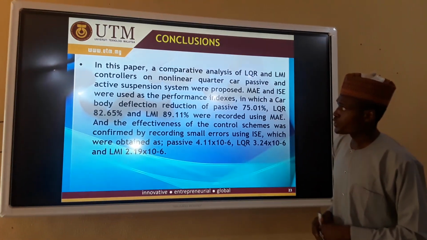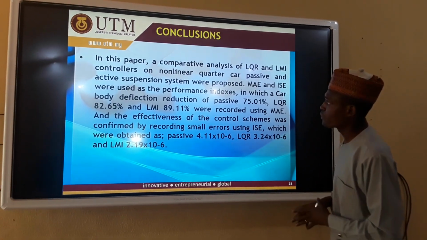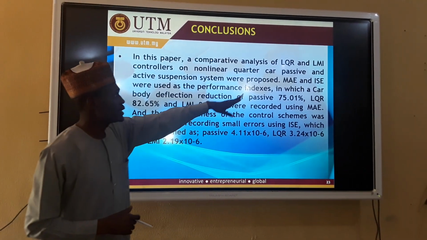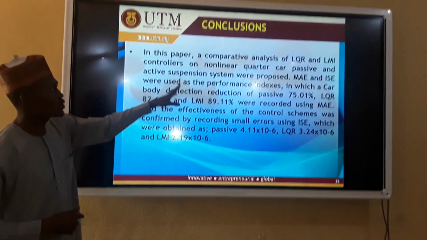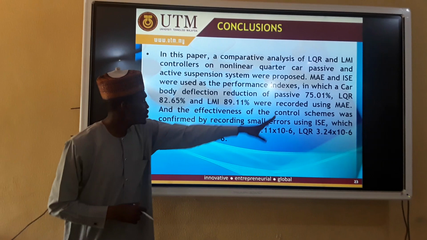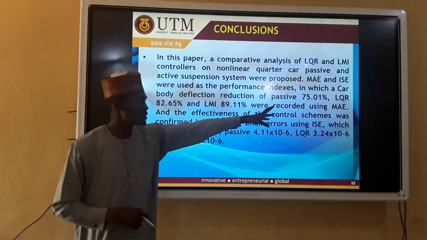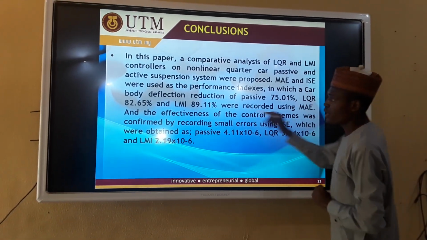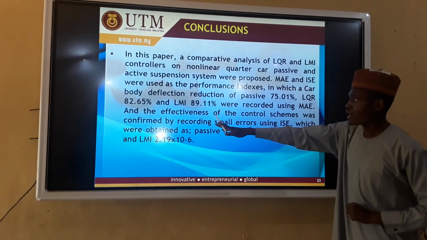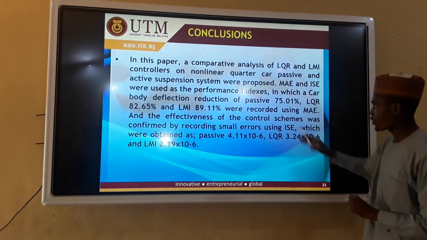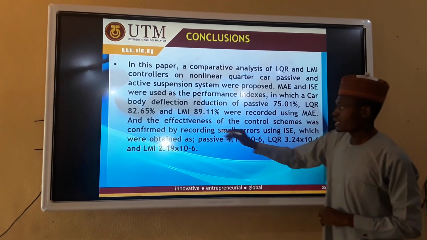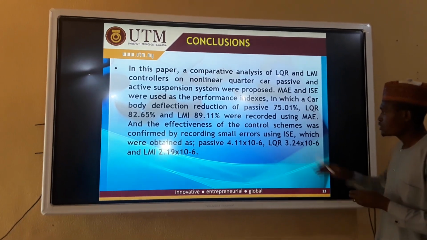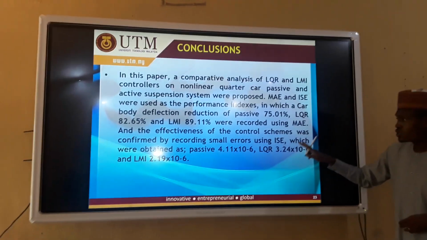In conclusion, in this paper, a comparative analysis of LQR and LMI controllers on the linear quadratic active suspension systems was proposed. MAE and ISE were used as the performance indexes, in which a car body deflection reduction of the passive system was obtained as 75.01%, LQR 82.65%, and the LMI 89.11% were recorded using mean absolute error, and the effectiveness of the control schemes was further confirmed by recording small errors using the integral squared error, which were